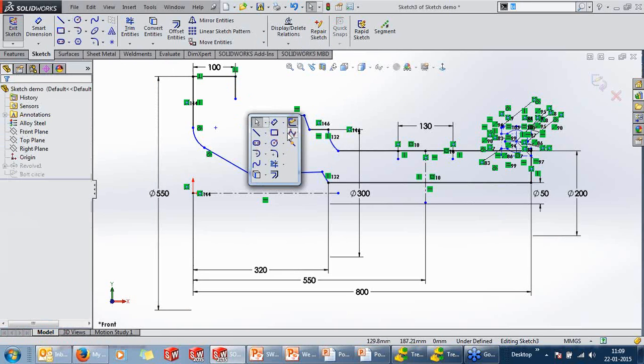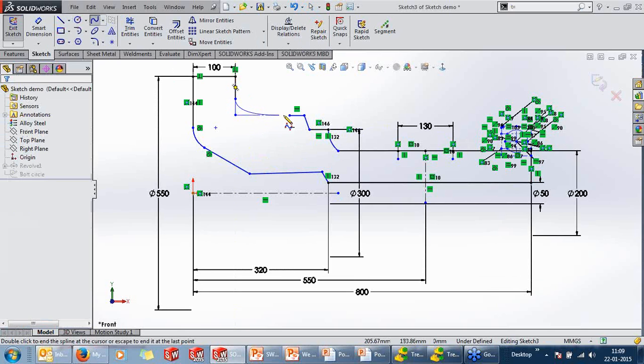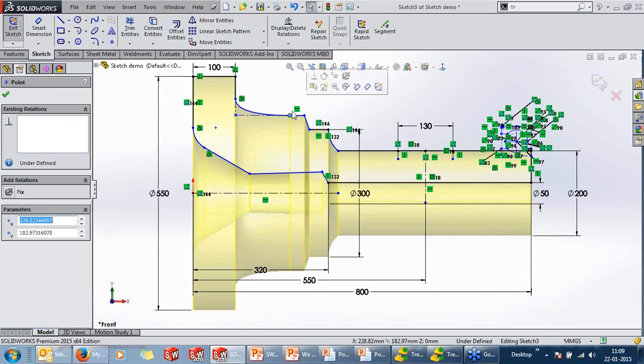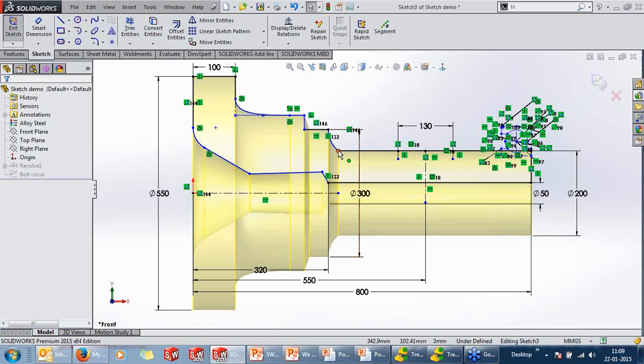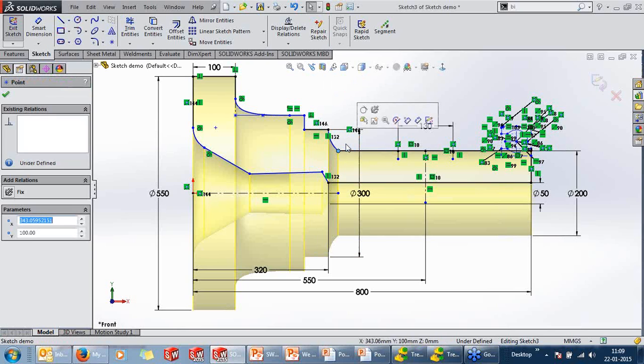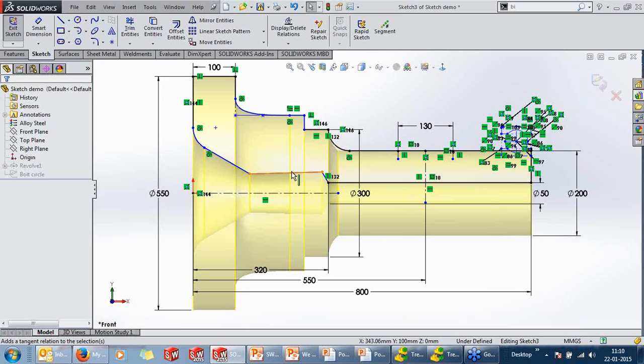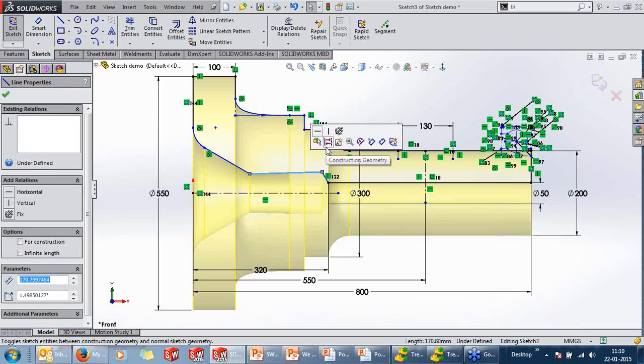It doesn't stop there. It works at the plane as well. Just by clicking over the vertex, I get all relations in terms of planes. Clicking over a vertex, SolidWorks will automatically understand the relation between two entities, and we can suggest required relations. I do the same between this line and an arc. So SolidWorks is so intelligent, it understands it has to be a tangent relation, nothing but that. So clicking over a line, SolidWorks will automatically suggest it is much nearer to your horizontal. You can keep it horizontal.